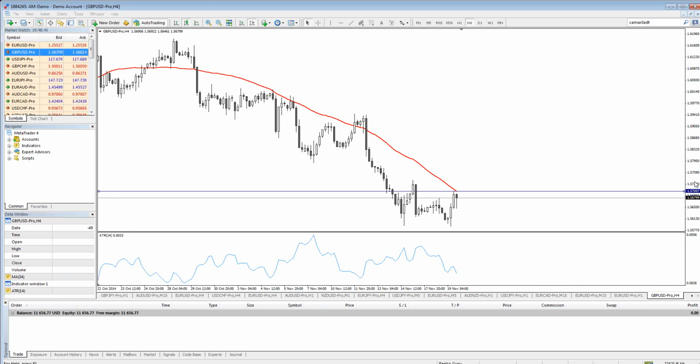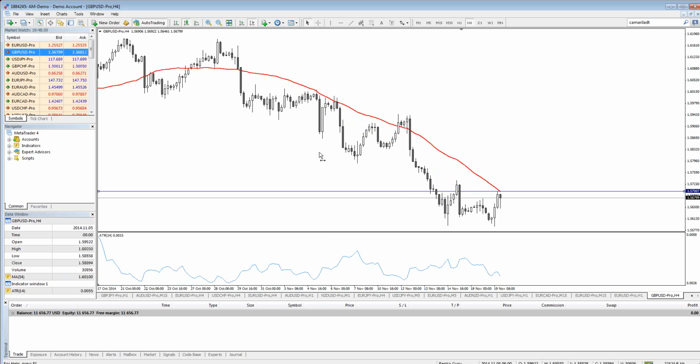So guys, I hope that you enjoyed the webinar. This was the MTF Primer. Really useful stuff. You can try to go with it, try to see how it goes. It's interesting, and you can see the best entries are always when the price breaks through and then closes below. You can go with touch and close below, but it's always best when it breaks through and then closes below. Remember that.